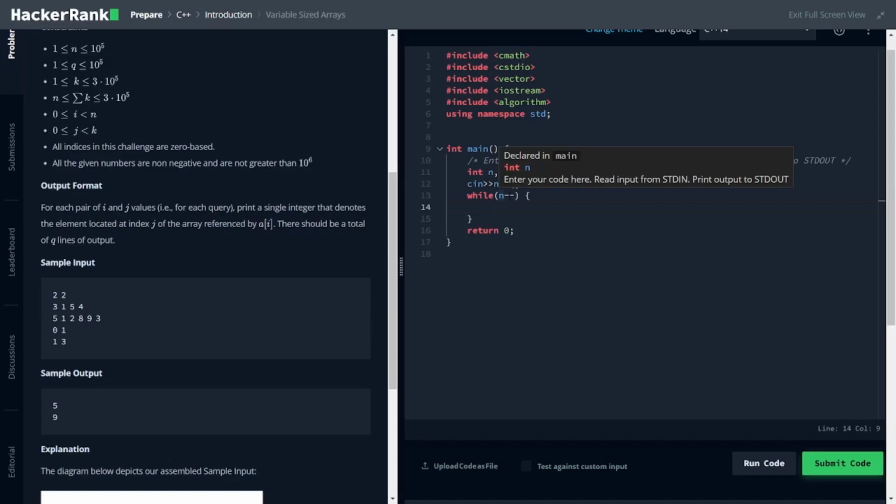So now what we have to take? We have to take a 3, that is size. So we have to take size. So I'm creating size. For size I am taking k. So int k, cin